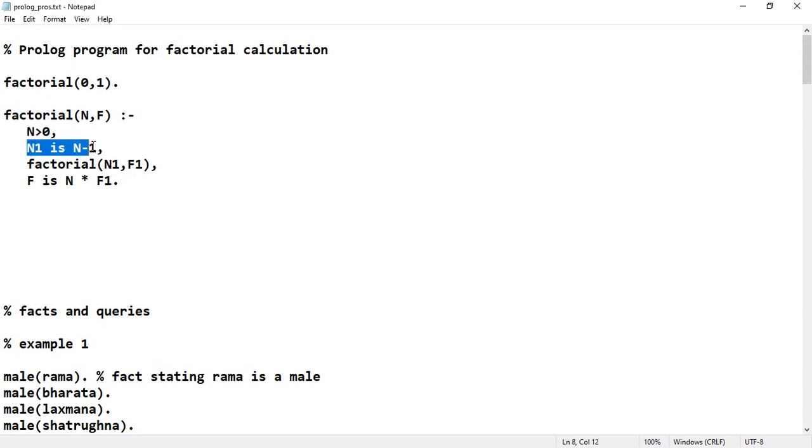This is an arithmetic expression. Then factorial repeatedly calls the same predicate, which is called recursion: factorial of N1, F1. Once it is called, F will become F is N times F1, meaning the N value multiplied by the result for the subtracted value. So recursively this particular factorial program will give you the factorial of a given number. This is the way the recursive statements are written in a Prolog program.